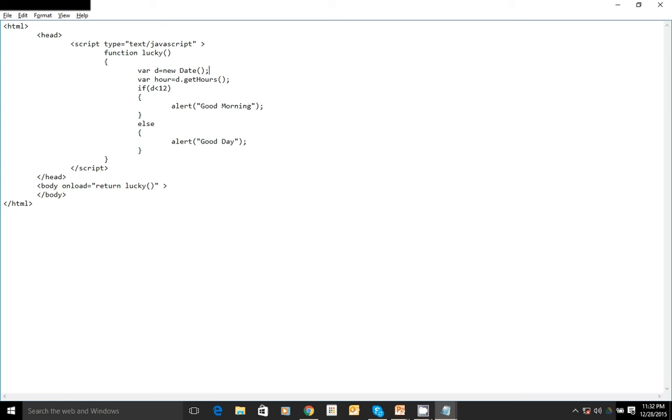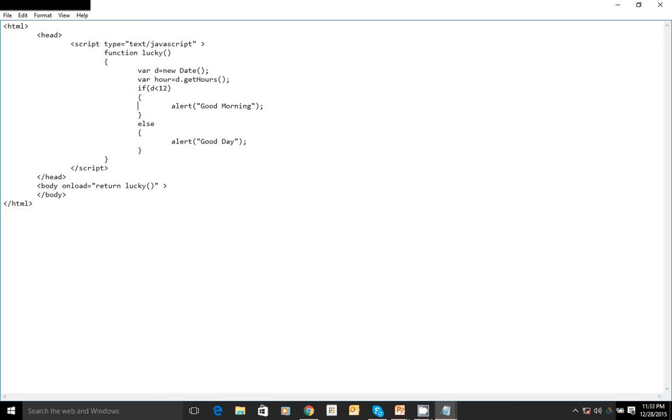Let me write a simple program on how to make use of those functions in order to wish the user who visits this particular web page, either good morning or good day. If you visit this website before 12 o'clock in the morning, you will get the message good morning, or else you will get good day.